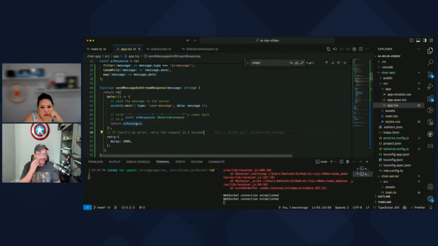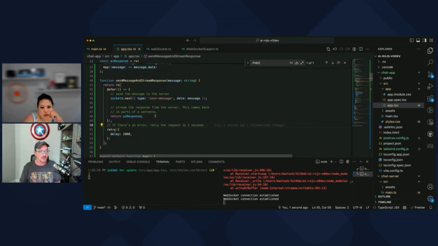Now this app is only going to keep the WebSocket connection open for as long as, like, if you don't send a message, it's going to wait for a while before it actually sends it. So it's not actually going to connect the WebSocket until you send the message, right? Because it's going to wait for you to try to send something, and then as soon as it subscribes to the response, that's when it's like, oh, connect the WebSocket if we're not already connected.